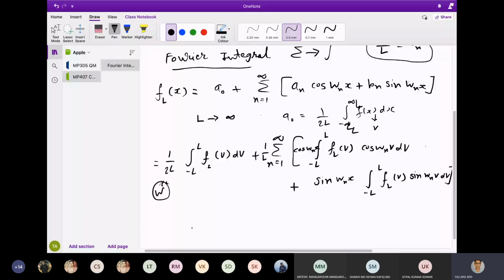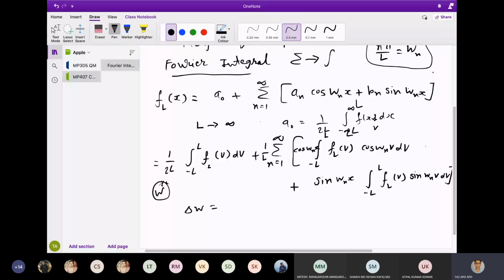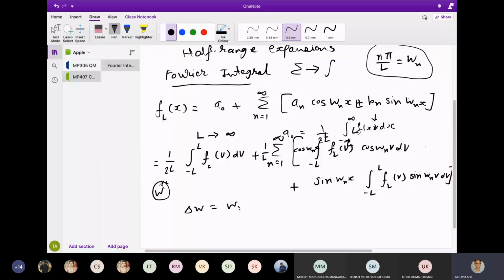So delta W is equal to, we are taking the difference between the two parameters of your period. If you take (n plus 1) pi by L minus n pi by L, so delta W is W_(n+1) minus W_n. So if you take it like that, W_(n+1) minus W_n will be equal to,